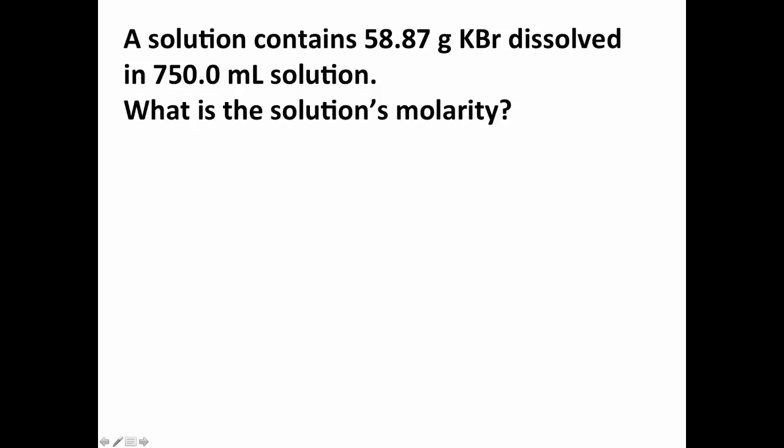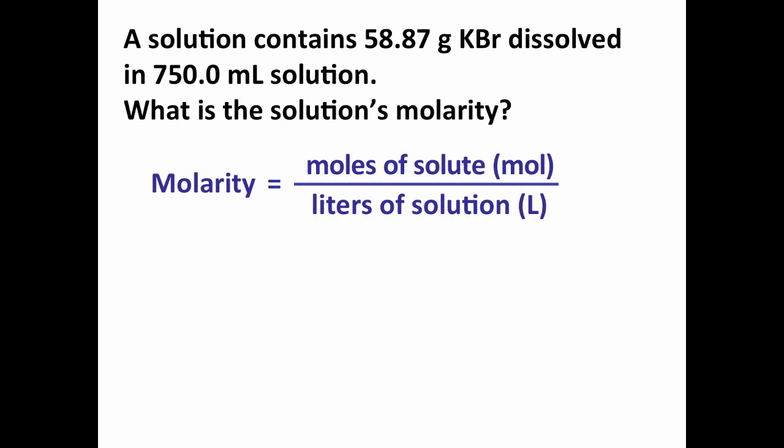A solution contains 58.87 grams of potassium bromide. It's dissolved in 750 milliliters of solution. What's the molarity of this solution? Well, we have to remember the definition of molarity, moles of solute divided by liters of solution. And we know the milliliters of solution, so that's easy to convert to liters. And then we know the grams of the solute potassium bromide, but we're going to have to convert that to